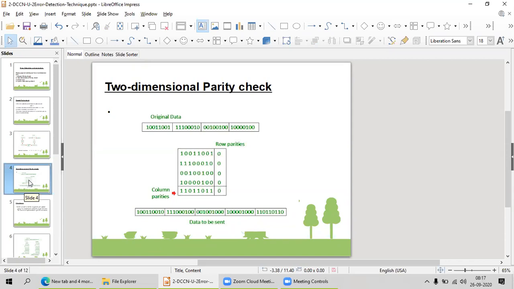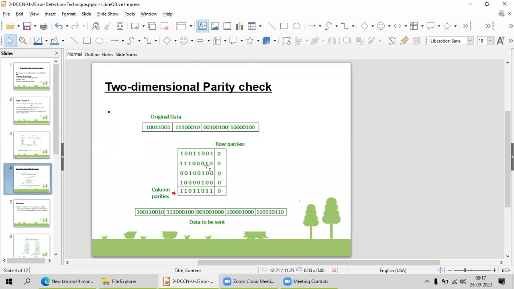I will take these 4 data blocks as rows and columns. For each data word, I am going to check the parity, even parity or odd parity. According to even or odd parity, I am going to add zeros or ones.